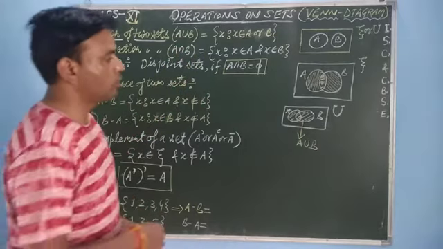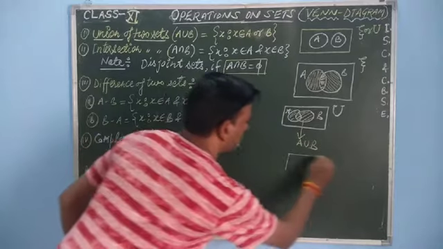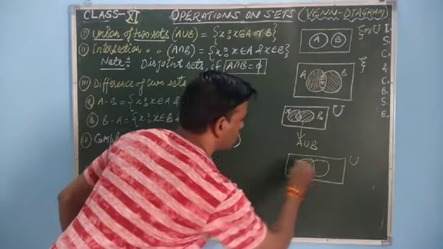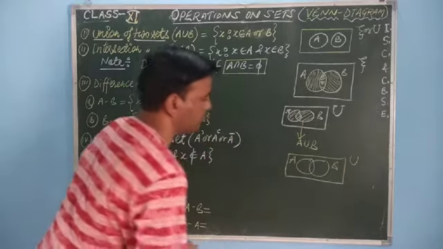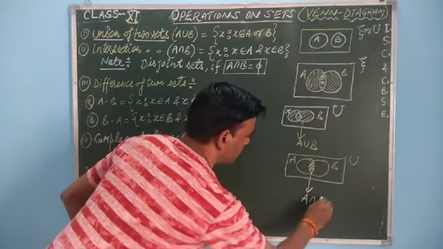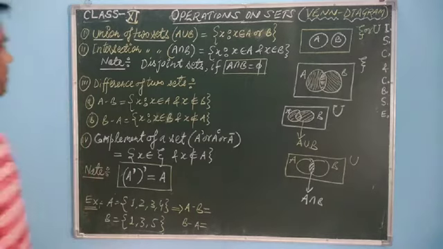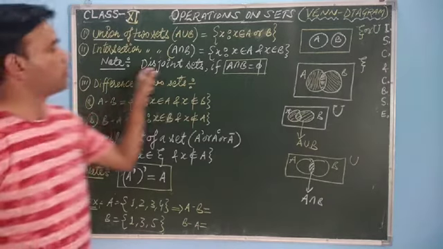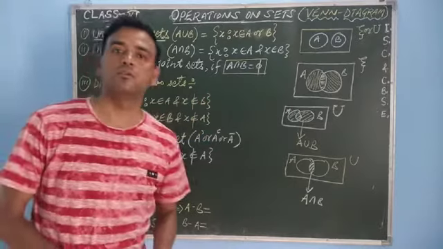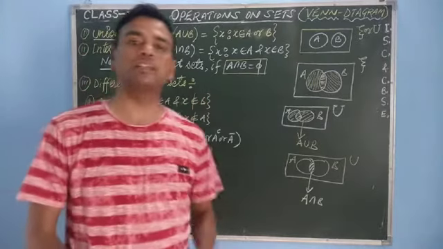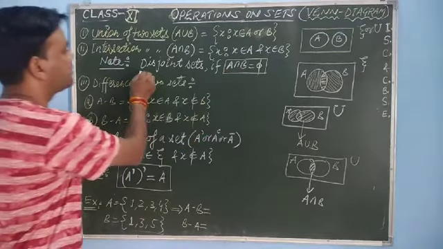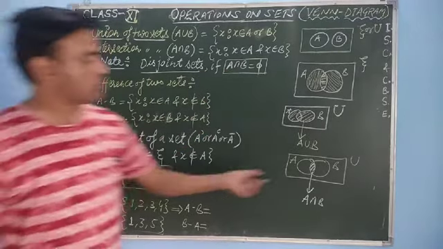Okay students, so by a Venn-Euler diagram we will represent this as: suppose these are two sets A and B, then this portion, the common portion, this one, is represented by A intersection B. Now, one more point is here. If A intersection B is equal to phi, phi meaning no elements, it means if no element is common to both sets, then such two sets are called disjoint sets. So this is about this.